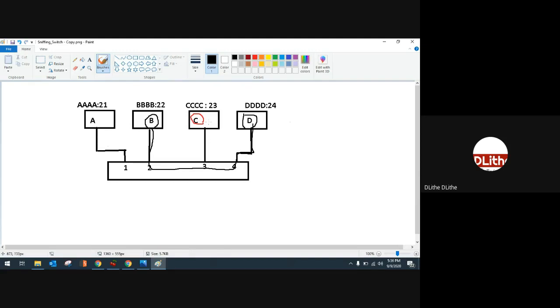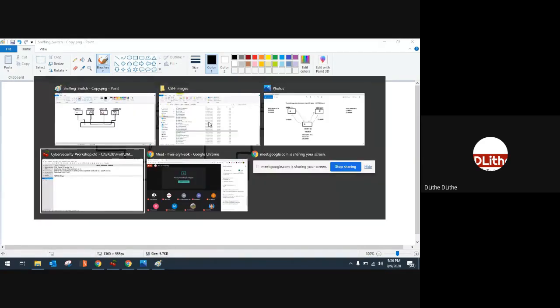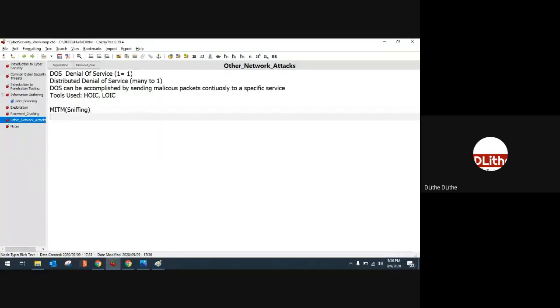Now, since C is also a part of the same network, you could use a technique called ARP spoofing. It is a layer 2 attack, or LAN attack, where the hacker spoofs your MAC address and hijacks packets exchanged between two victims.